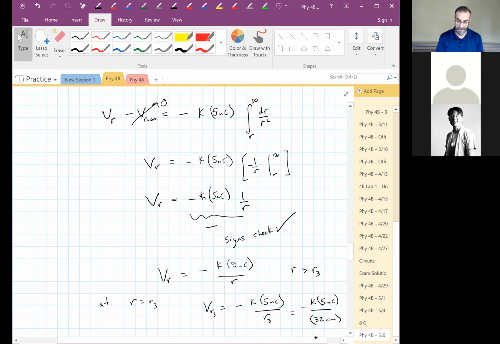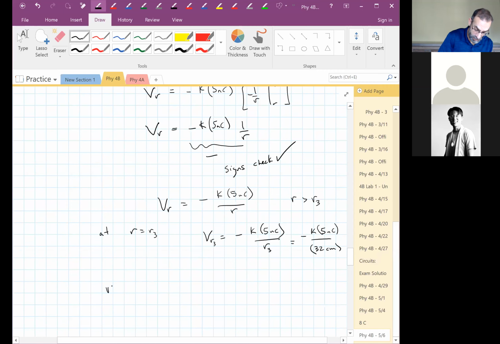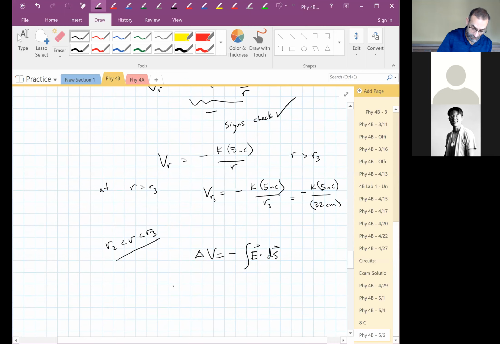So we're going to go through there. So this is between R2 and R3. So we say delta V is minus the integral E dot ds. And what is delta V? It's a final minus initial. And we're going from,